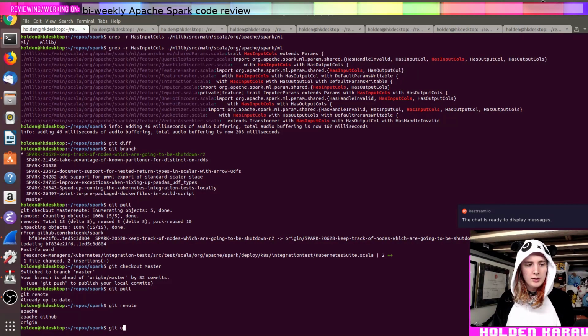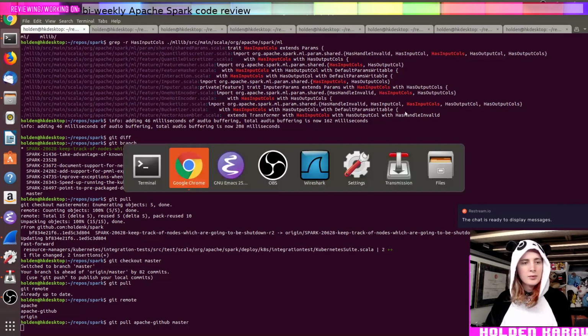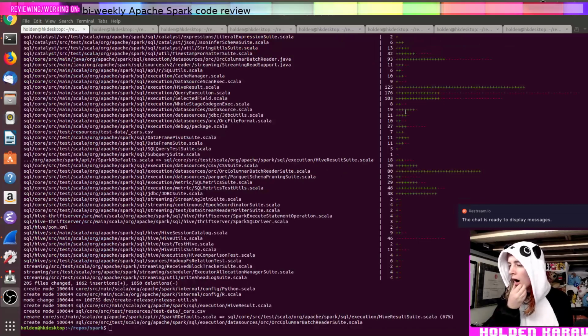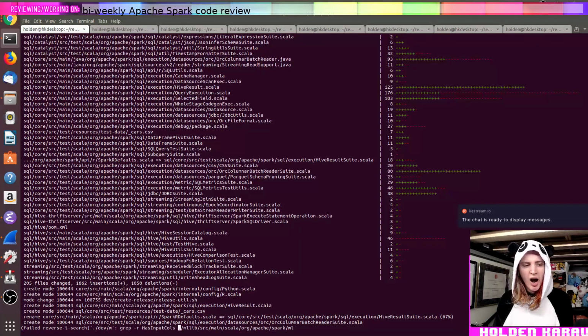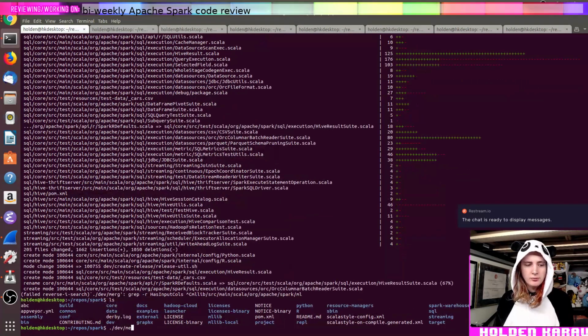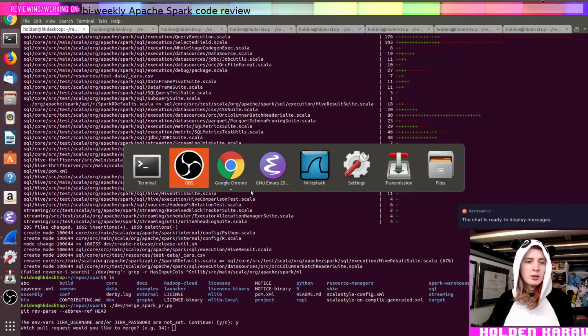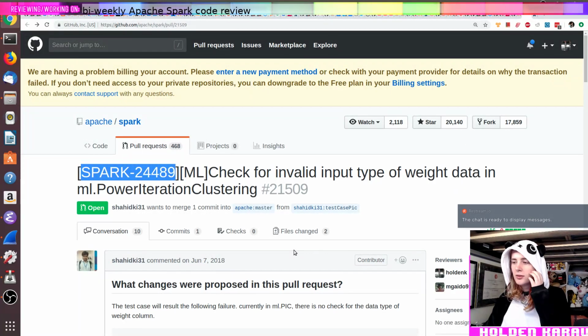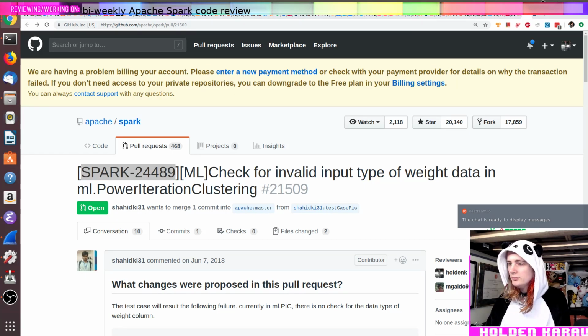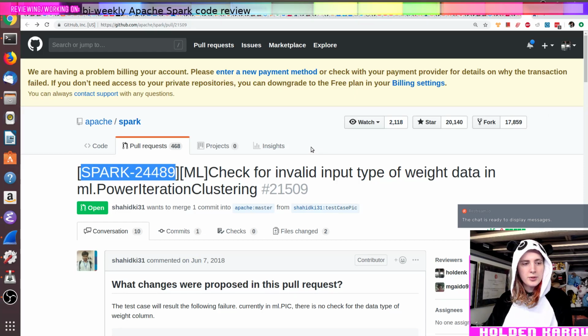So now we're going to pull from Apache GitHub, latest master. It's actually been a while since I got to merge your PR. I'm not doing this with the auto updating of Jira tickets, it has always been a little sketchy for me. So I'll just do this manually. So the pull request we want to do is this one.